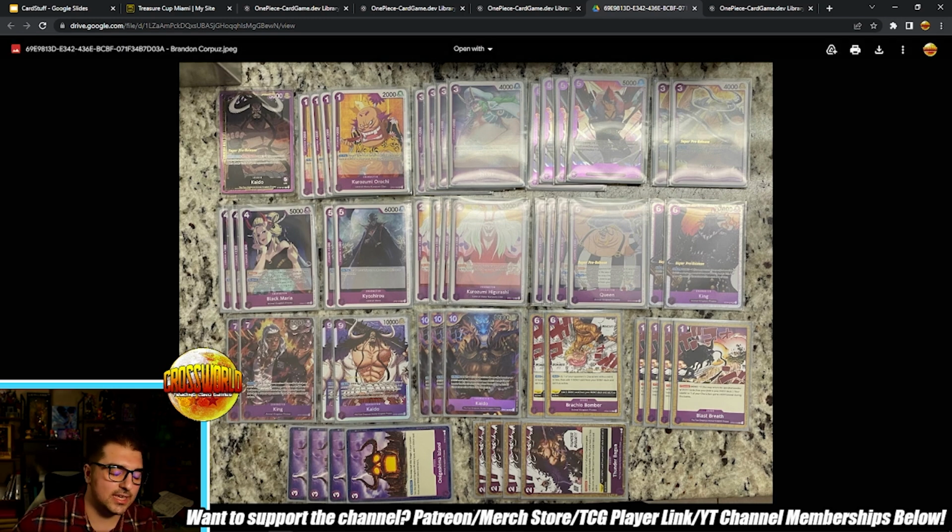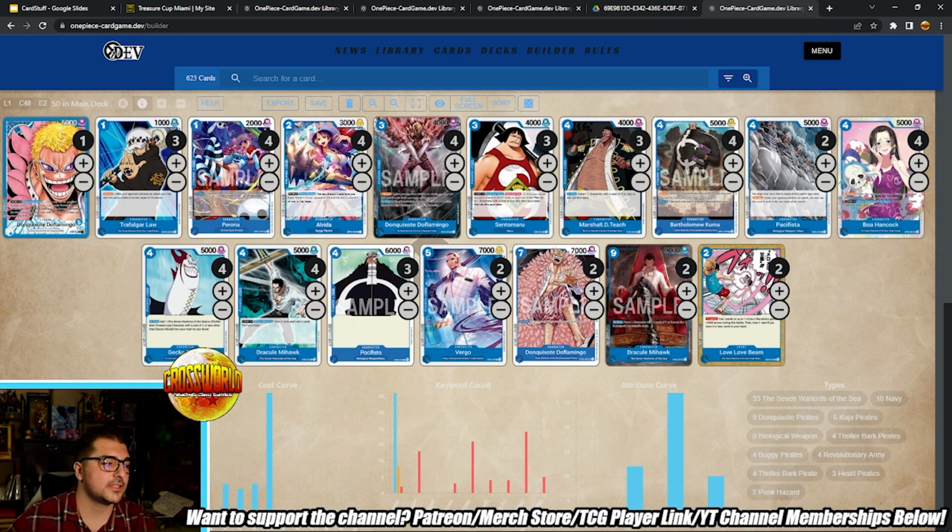Very interesting to see 4 copies of Thunder Bagua, though. Sometimes it can be a little bit difficult to leave up all that Don, especially for this many copies of the card. You might be stuck with 2 or 3 in your hand at a point where you can't use it, but there is a trigger, of course, to get yourself ramped, which is probably the main justification for playing 4 copies of it. And the final list I want to go over today is the highest placing blue Doffy